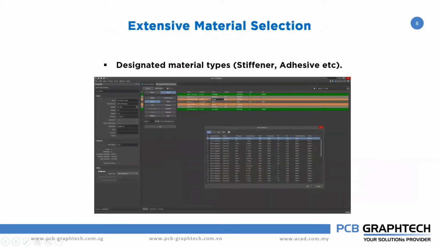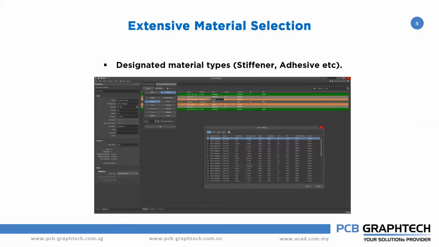Then based on the layer stack manager, when we define your rigid region and the flex region, each has an individual stack up. So the new feature is we can add the stiffener layer along with your rigid layer, rigid region. Also you can add your adhesive layers to the flex stack up.